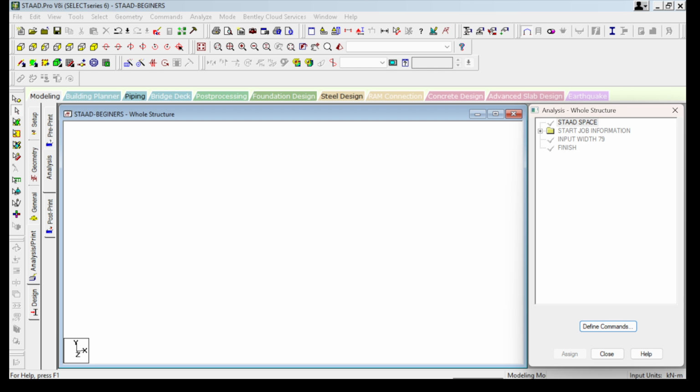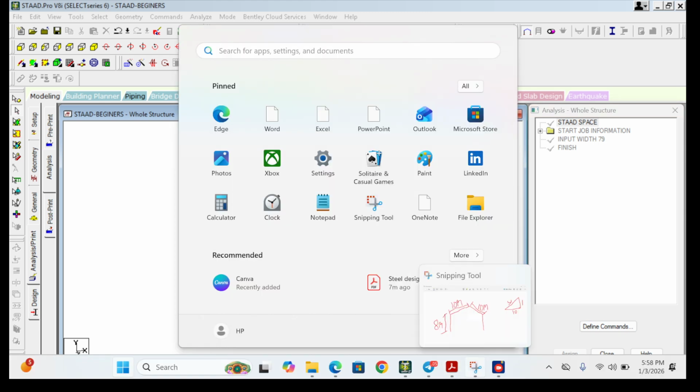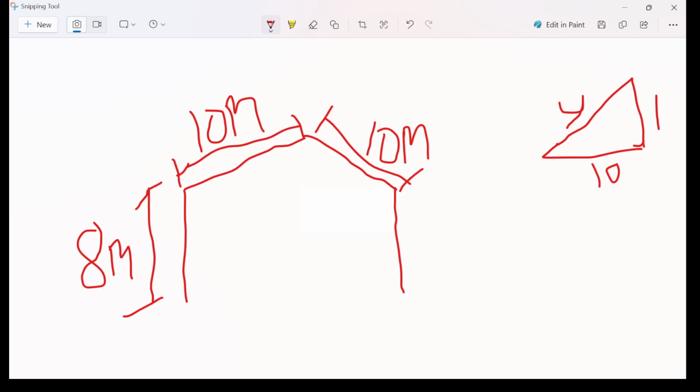Now, the last video I did was an introduction to Staad.Pro for beginners. Today I'm going to teach you how to model a very simple portal frame, something small, which I drew myself from my head. You see that it is a dual pitch portal frame structure.